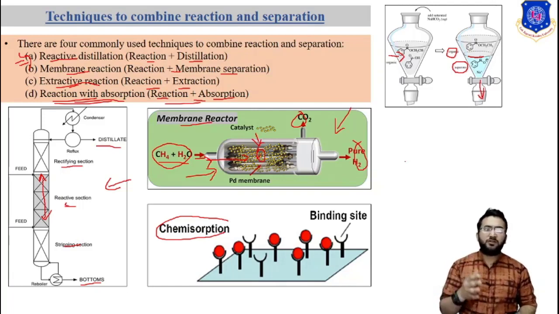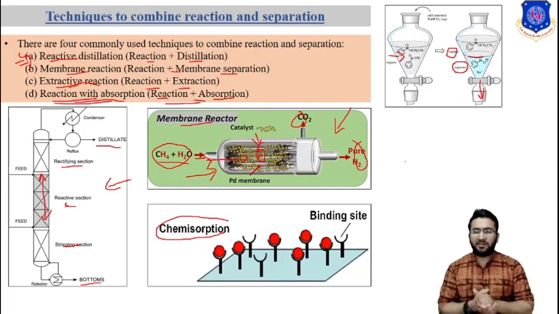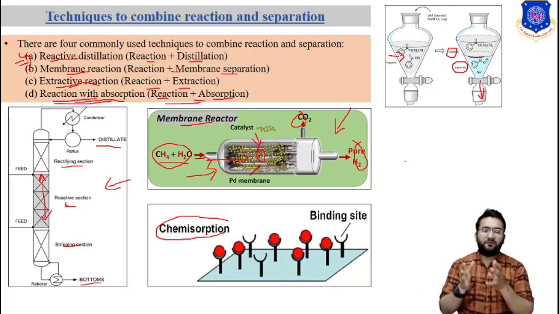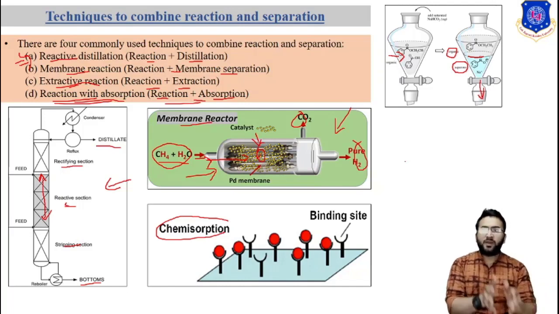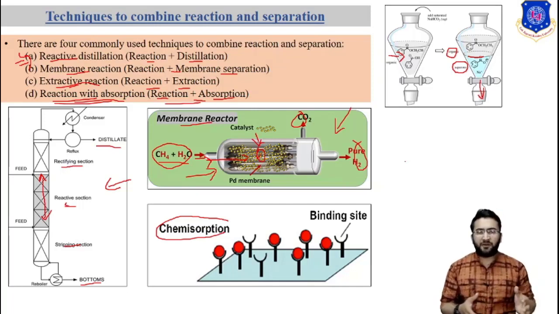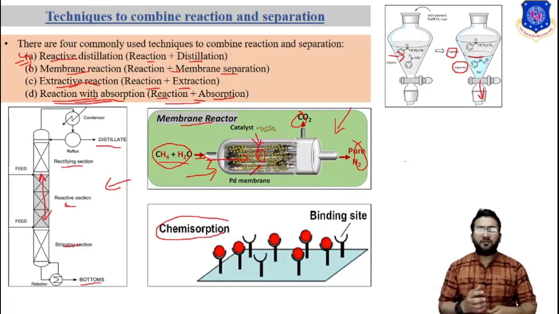Even though reactive distillation has two major advantages over the conventional reactor followed by distillation, it finds a place only in a few process regions. It also has one major disadvantage. In the majority of processes which involve reaction followed by distillation, the optimum condition for the reaction and the optimum condition for the distillation are different. Hence, to carry out both simultaneously in one equipment, one has to compromise in the reaction step or in the distillation step. In most cases, we compromise with the distillation step.